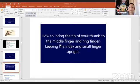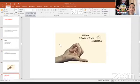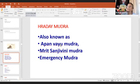So it calms the wind energy. Now Apana we did, Vayam we did. Okay. Hriday Mudra. I wanted to do one more mudra before we finish today's session, and that's called the Hriday Mudra. The Hriday Mudra is also known as Apan Vayu Mudra, or it's called Mrit Sanjeevani Mudra, or it's called